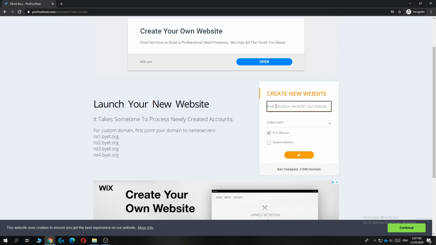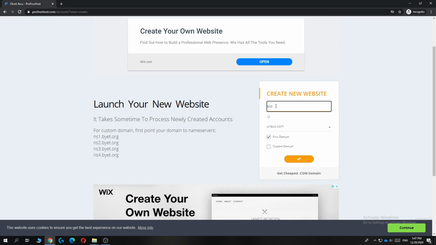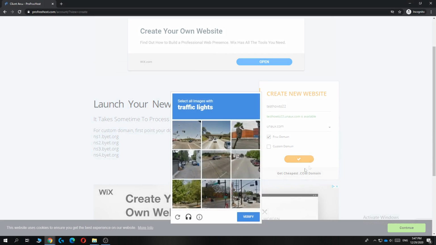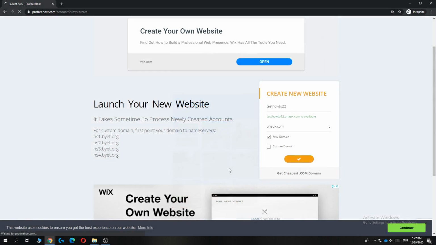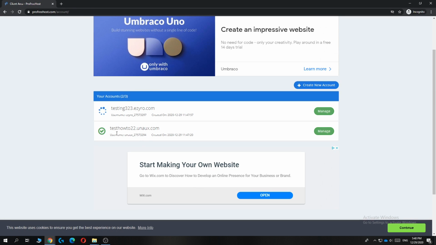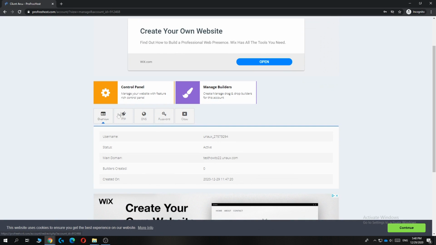So I'm going to do test how to 22, just something simple. And as you can see, it's available. Now you can hit add, and now I can verify myself and then go to the next step. So here you can see it, testhowto22.unags.com. So you can go ahead and hit manage, and from here you can go to the control panel and